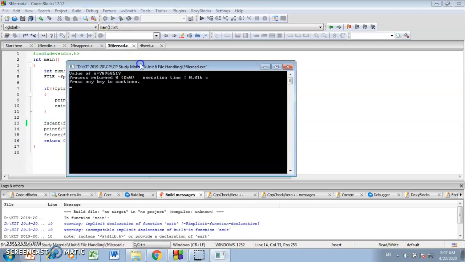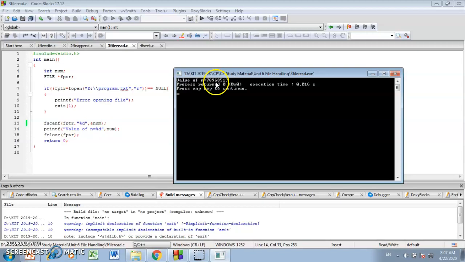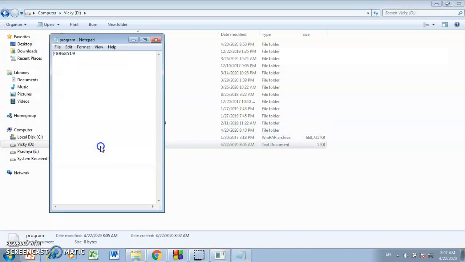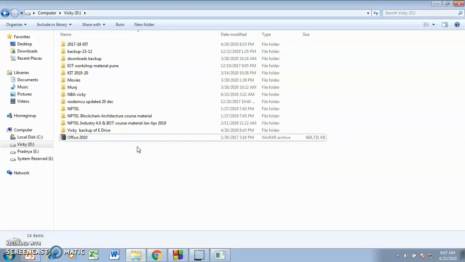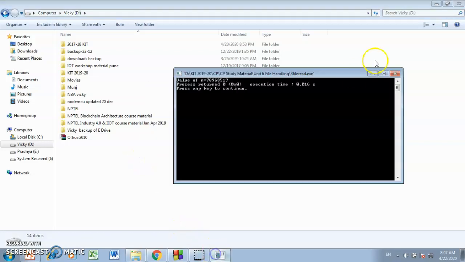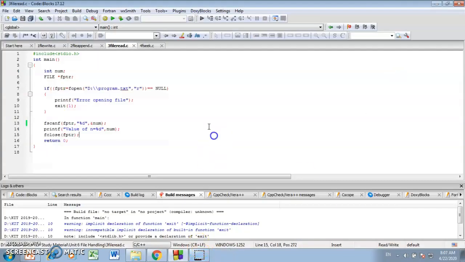See, the value of n is 78968519 because the program.txt file already has these contents, 78968519. So now what I will do, I will delete this file program.txt from the D drive and will check what output it will give.